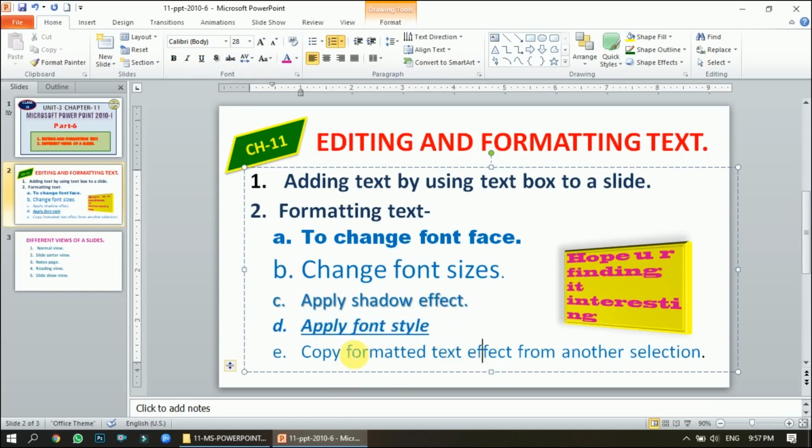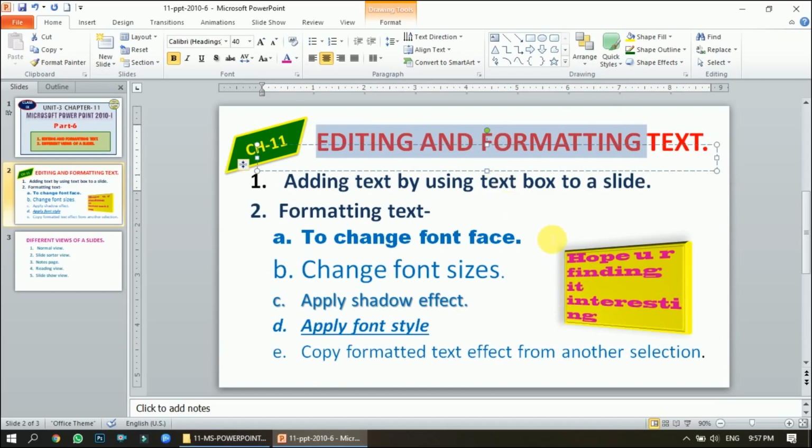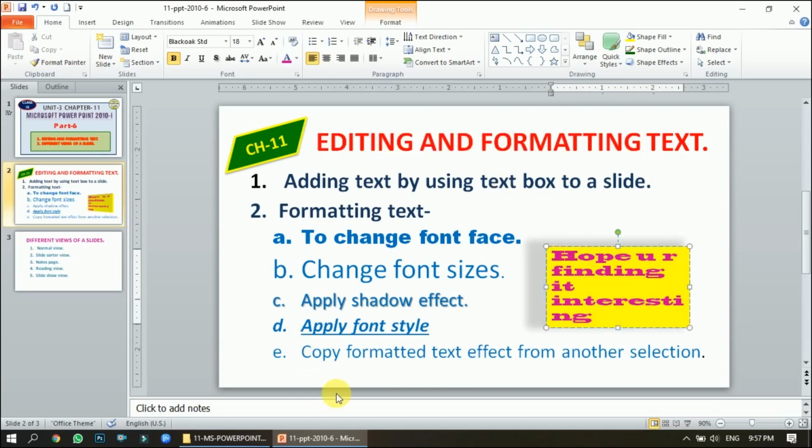Now the last option is copy formatted text. You see this text is formatted in front of me. So copy the formatted text from one section and apply it on another. How can I do that? I want to make all these texts like this, right?